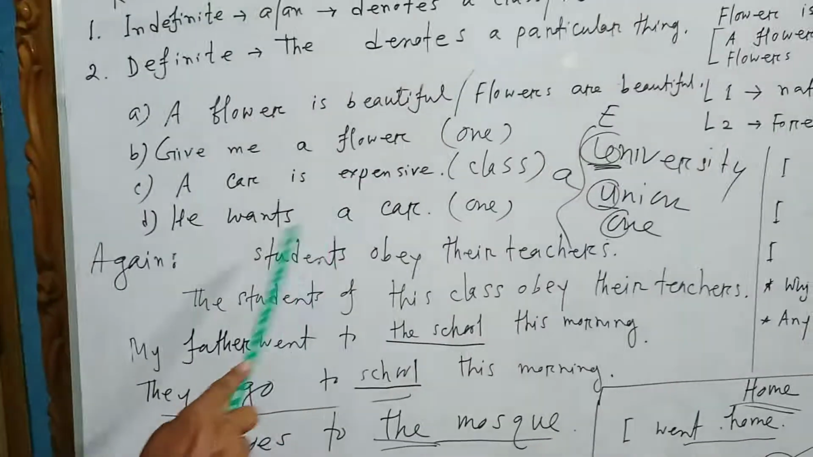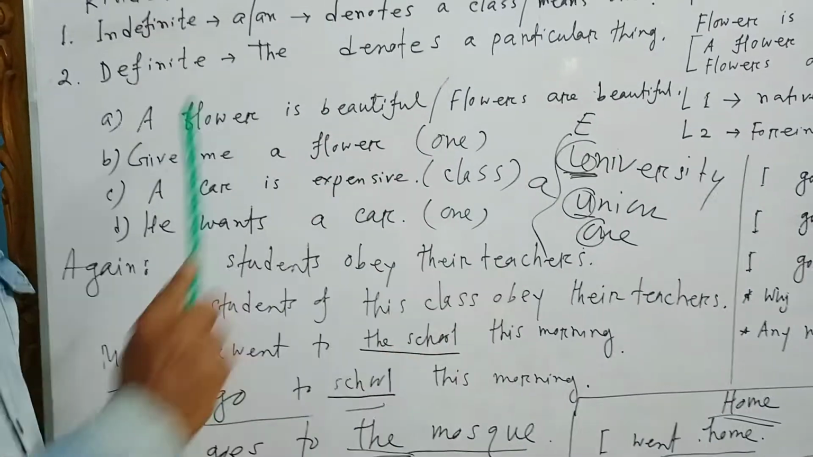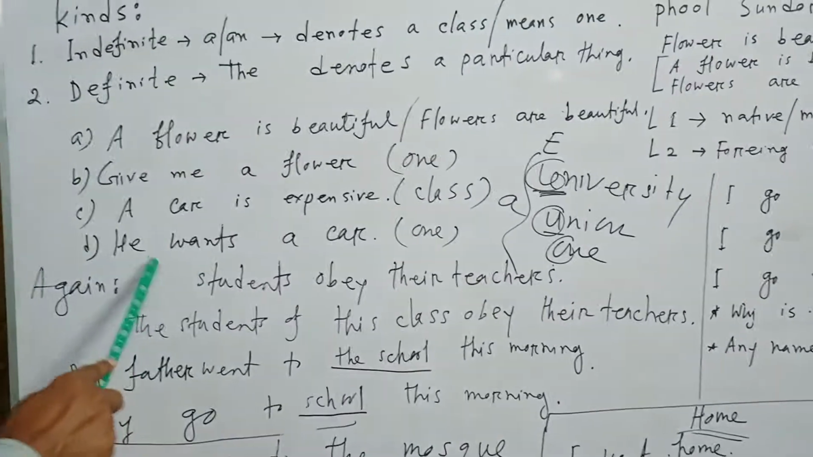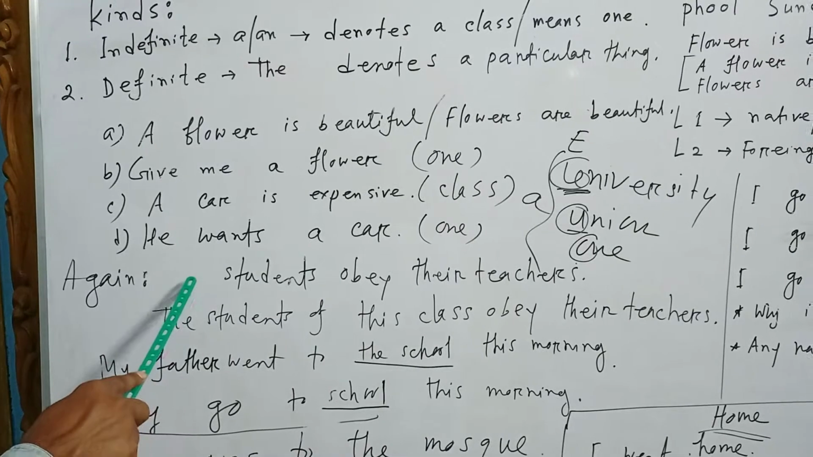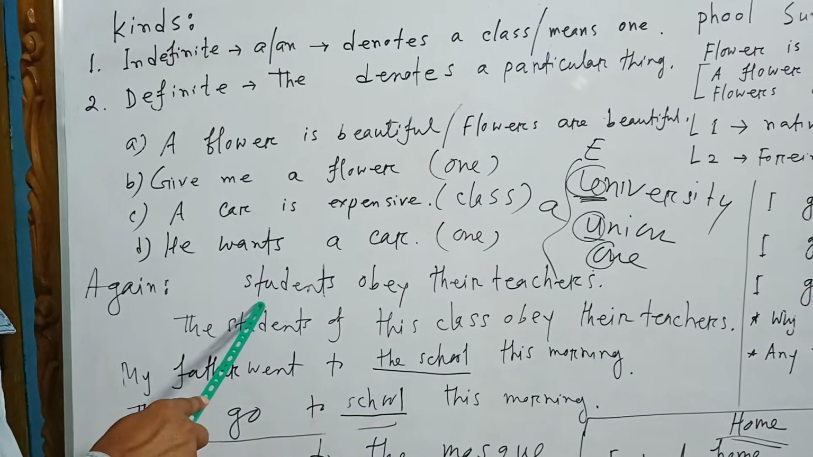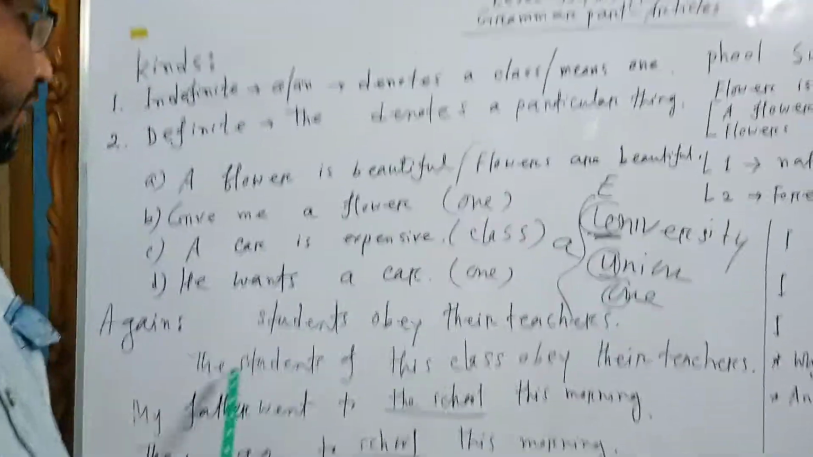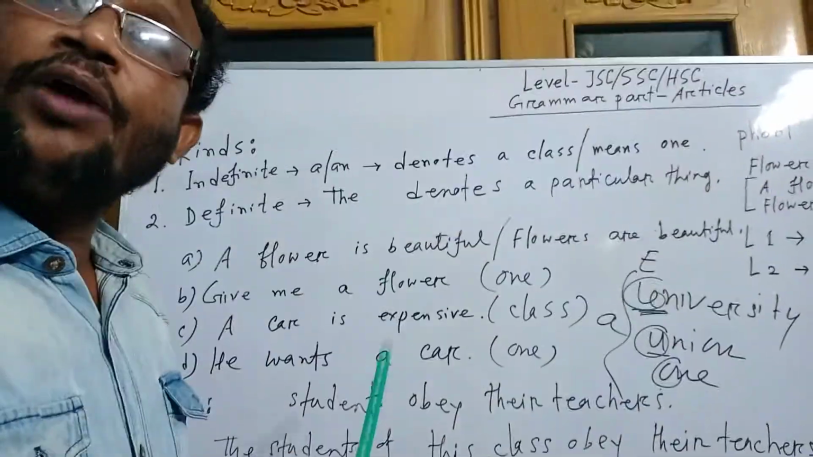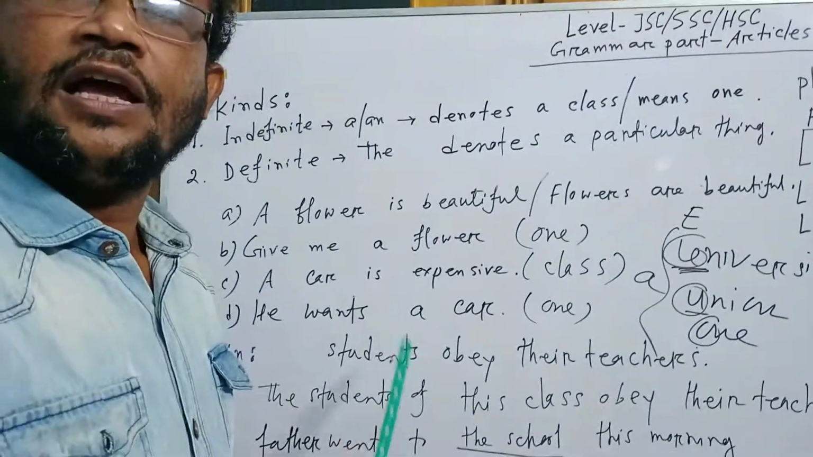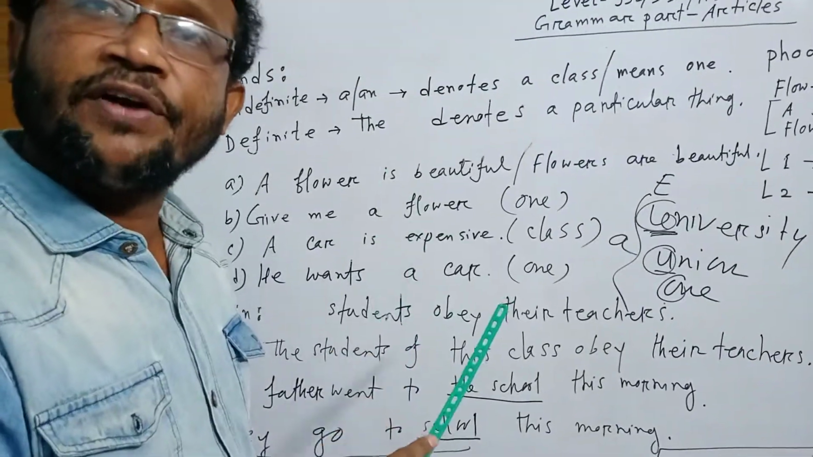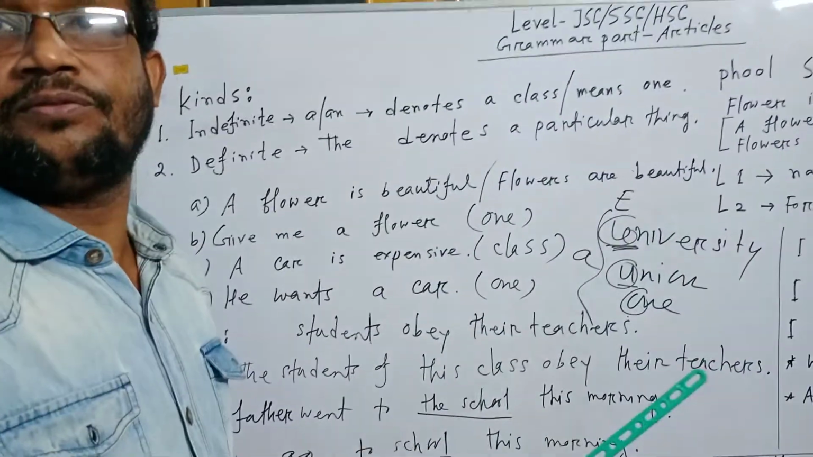Then we can come to the next. You see, students obey their teachers. Here we don't have to use any articles because students is a class, and they obey their teachers. But when a plural noun refers to a group within the class,